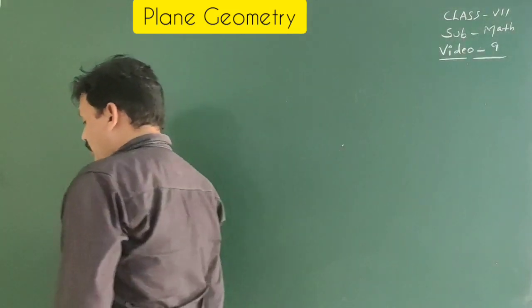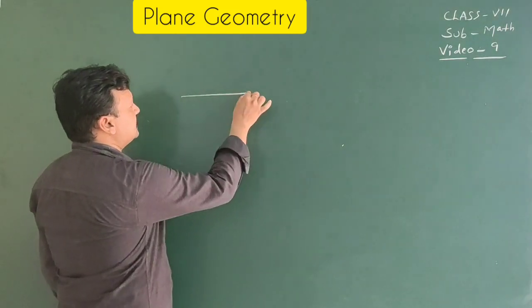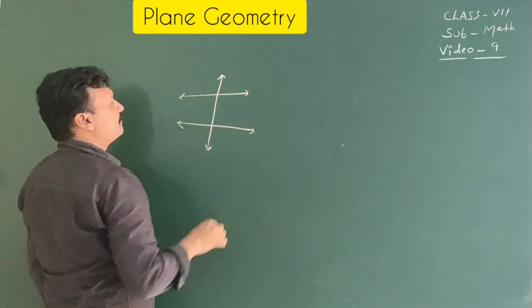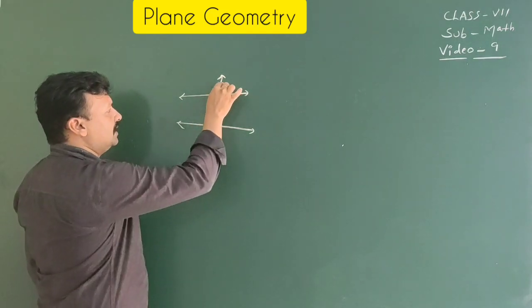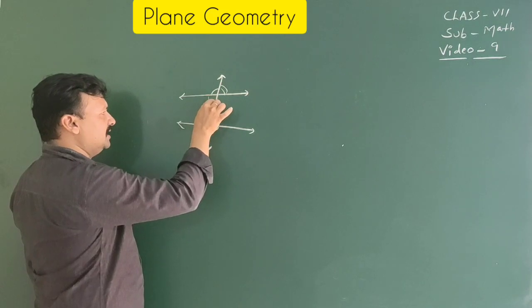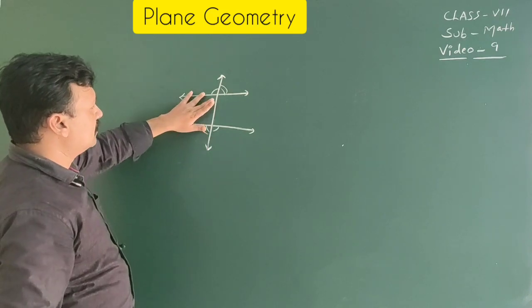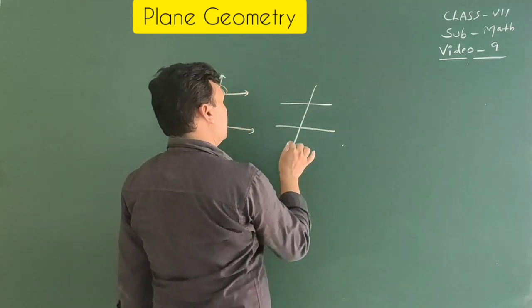In the previous video, we learned some important theorems. If a transversal cuts two parallel lines, the alternate interior angles formed are equal. These are alternate exterior angles. Alternate interior means these. In the earlier video, we learned the alternate exterior angle theorem, the co-exterior angle theorem,